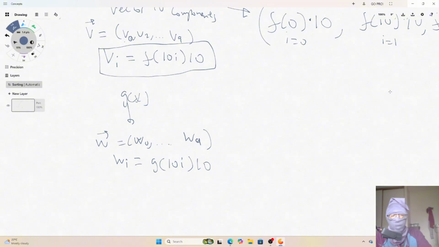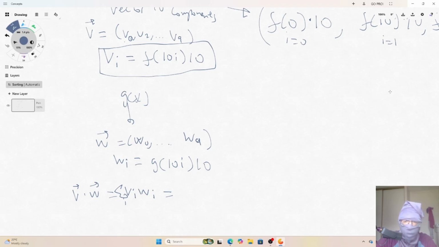Then you can take an inner product between those two vectors, given by vi wi, a sum over i. And you will find that it's given by,